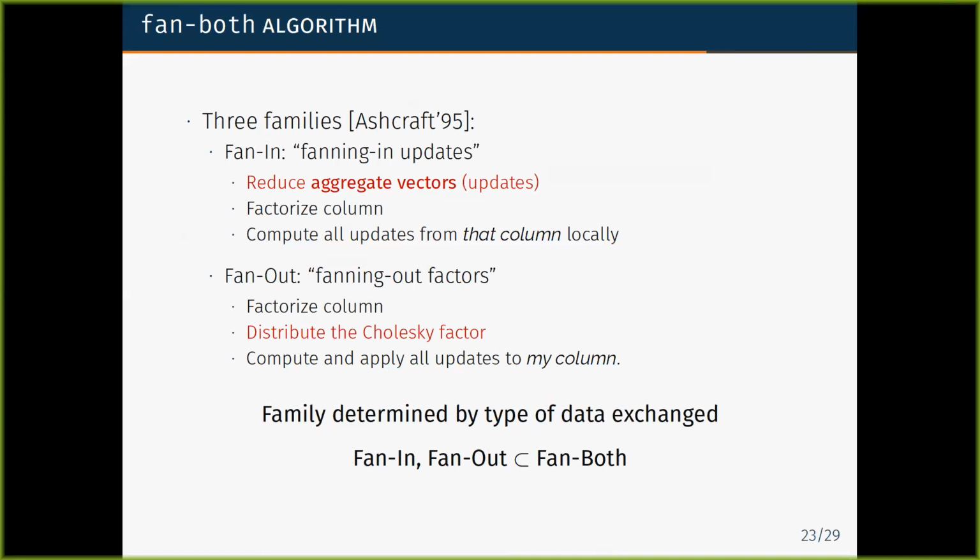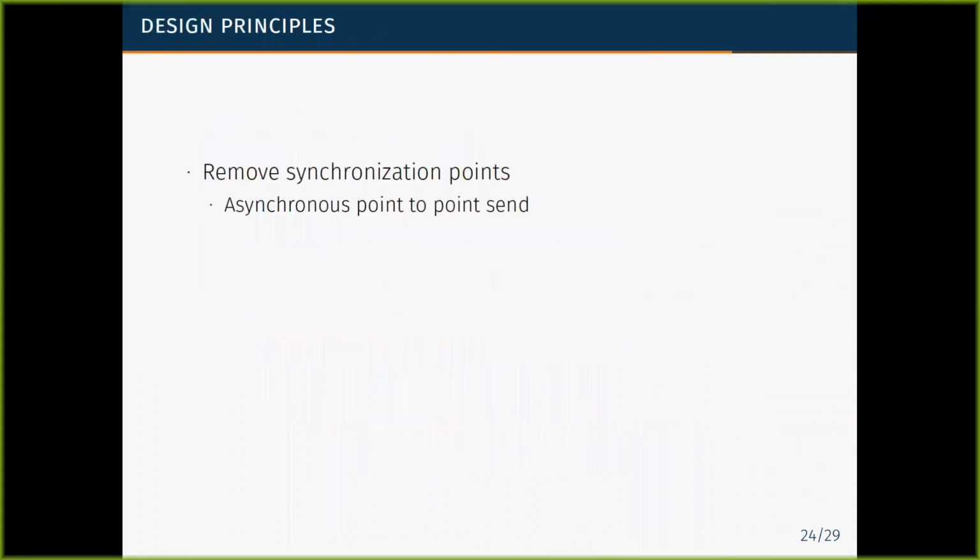And so there is basically a super family to these two, in which algorithms will both use aggregate vectors and directly compute updates. All right, so the Cholesky factorization algorithm available in symPACK is a fan-both algorithm,